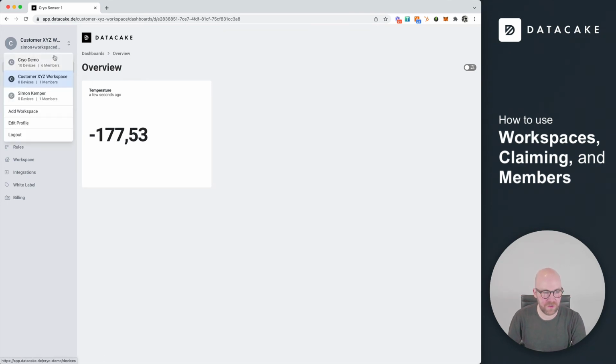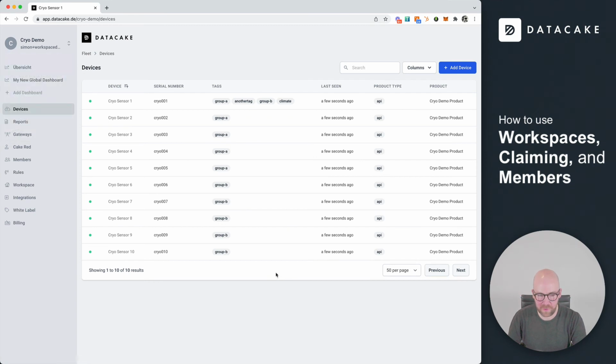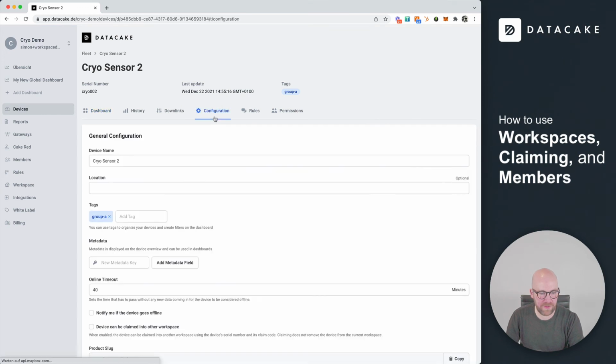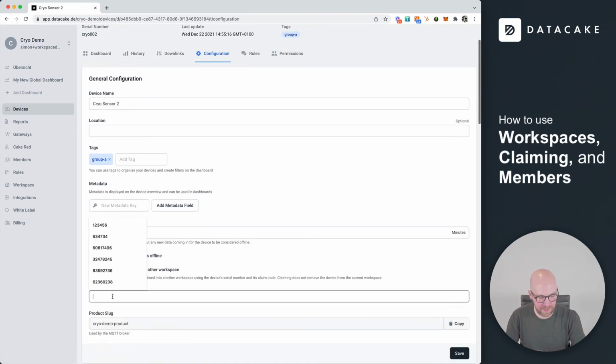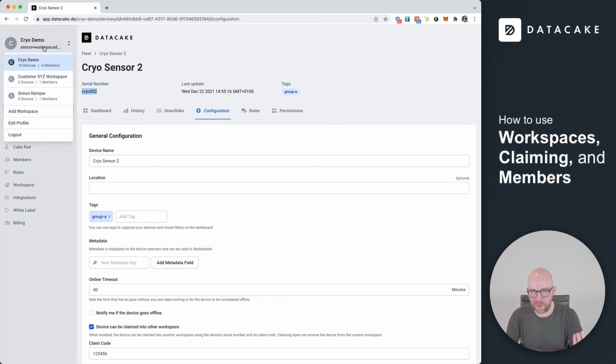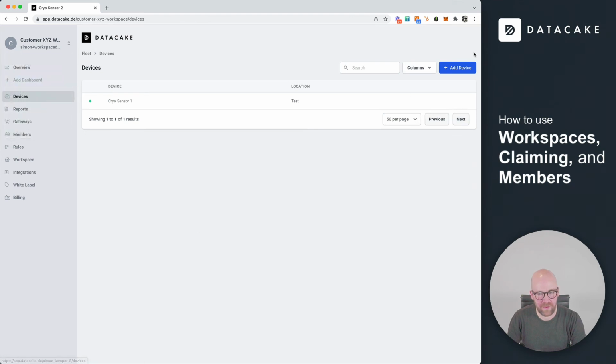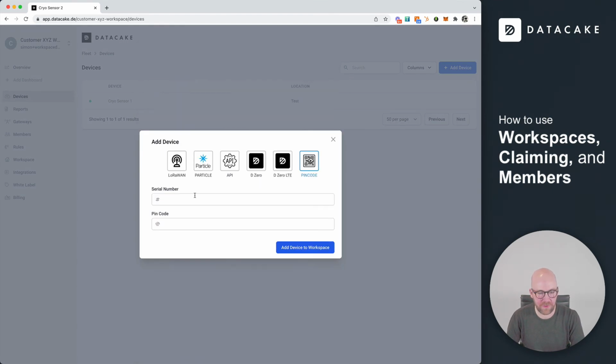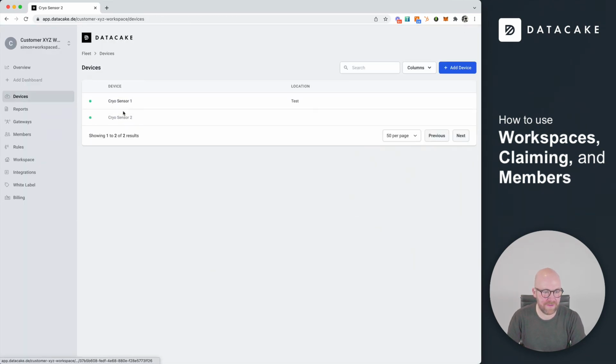So this is the feature with which you can create a master workspace for all your devices, or even groups of workspaces, and then you simply pick one or two of them. Let's go for sensor number 2 once more. Go into the configuration, activate the claiming, set a custom individual claim code, press on save, and copy this serial number. If you are working with LoRaWAN devices, this is likely the DevEUI. Then go back into the customer workspace you want that device to be in. Press on pin code, enter serial number and pin code, press add device, and then this device is also added